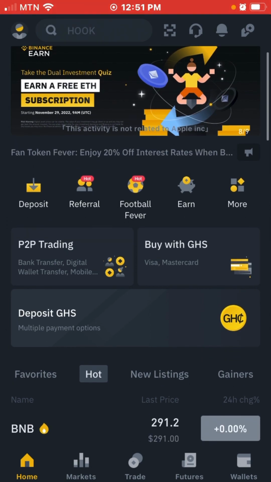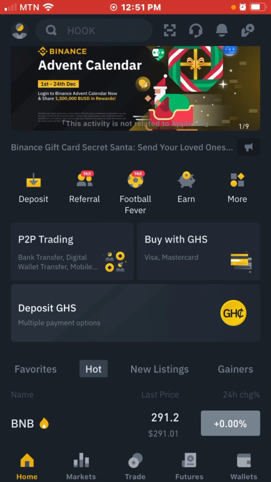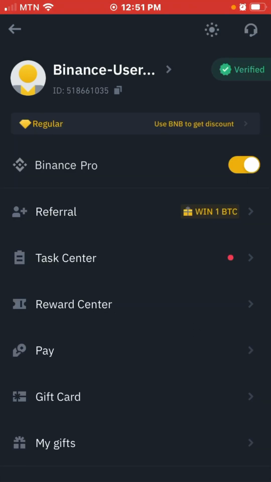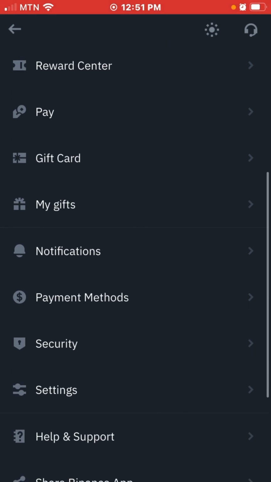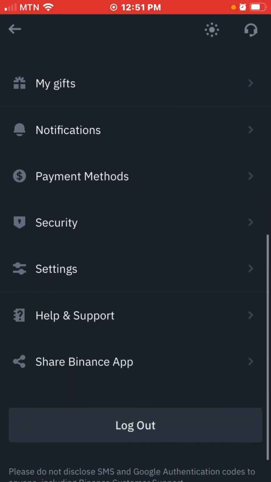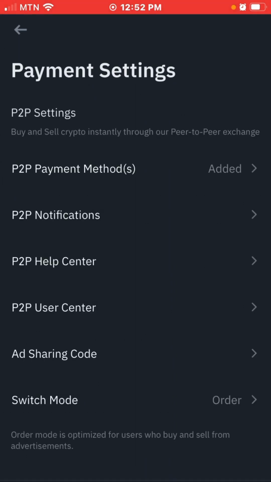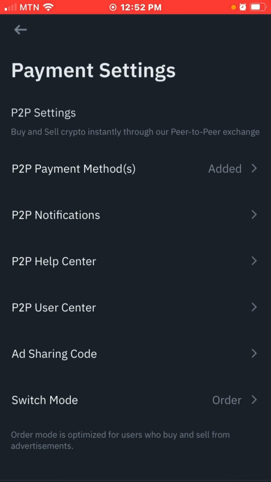Okay, so I'm already in Binance. You head over to the top left corner, the avatar in the top left corner. Tap on that, and then here we have tax center, reward, pay. We are going to head over to payment method. Okay, so we have P2P settings, P2P payment methods. So we're going to click on that,